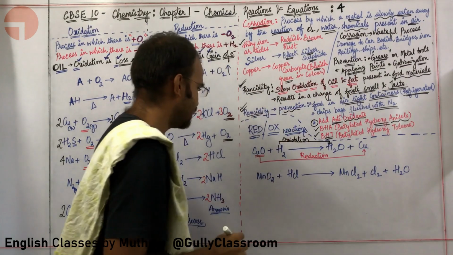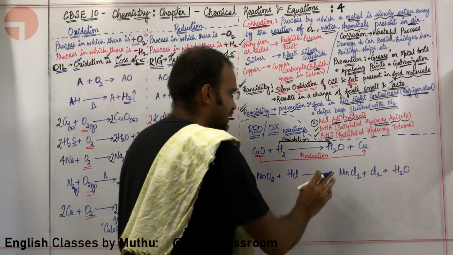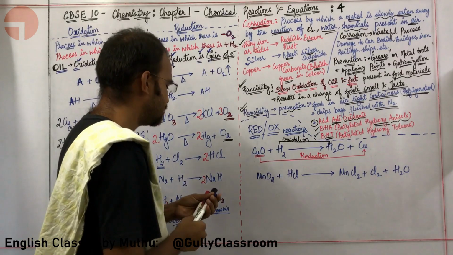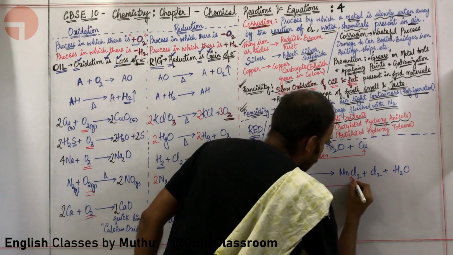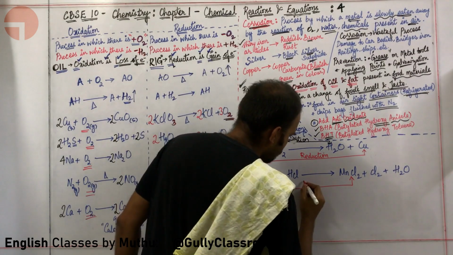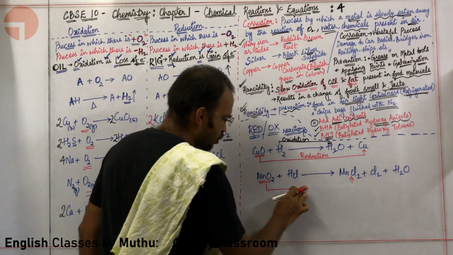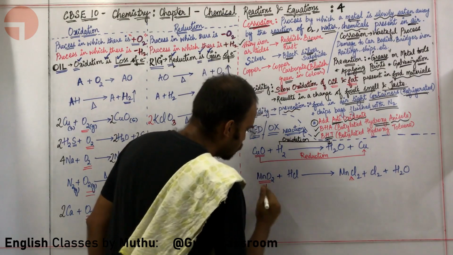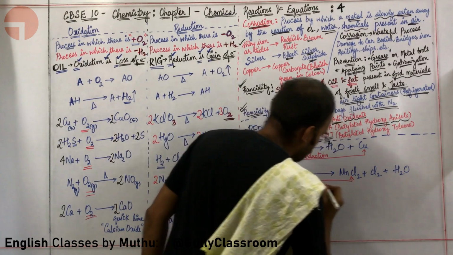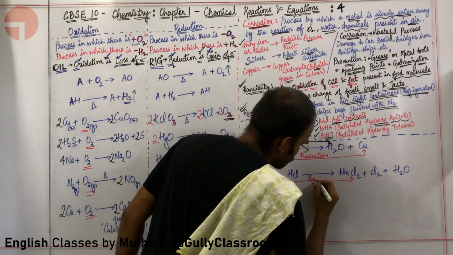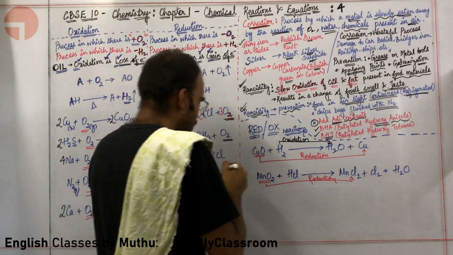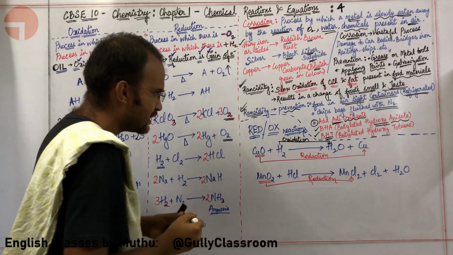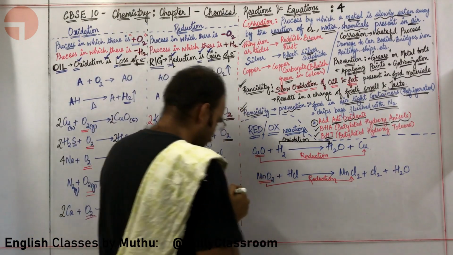Yeah, fine sir. Okay, so this is the reaction. Now which is getting reduced? Sir, MnO2 is getting reduced. Why? Because MnO2 is losing oxygen. So I am going to say here reduction is happening. Okay, what about oxidation? Sir, hydrogen is being